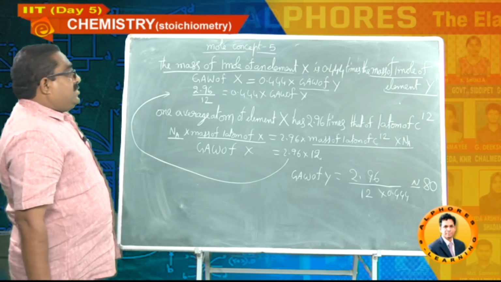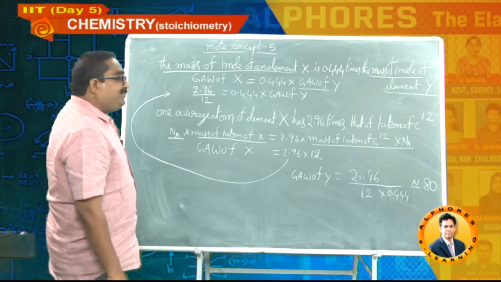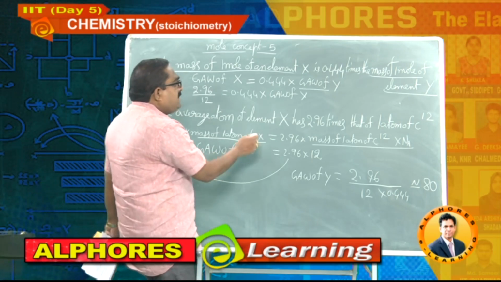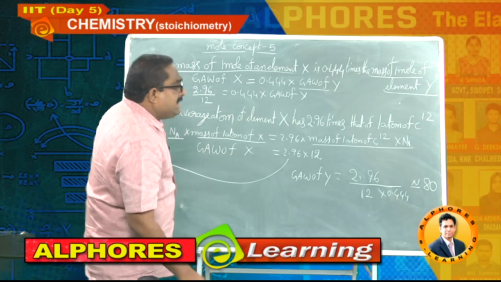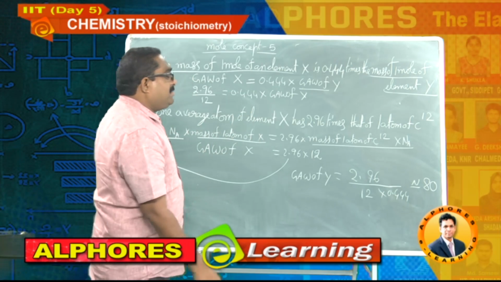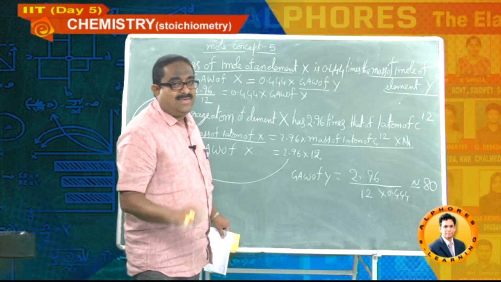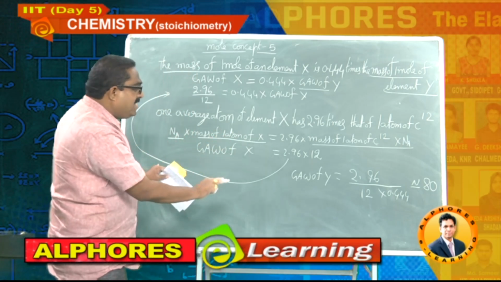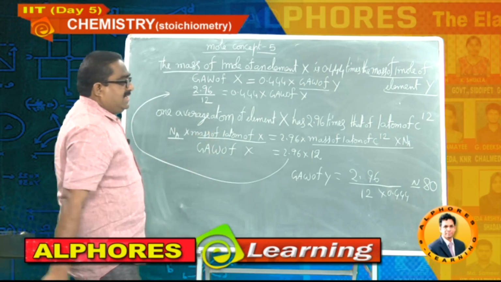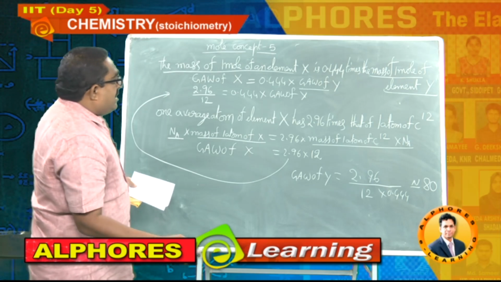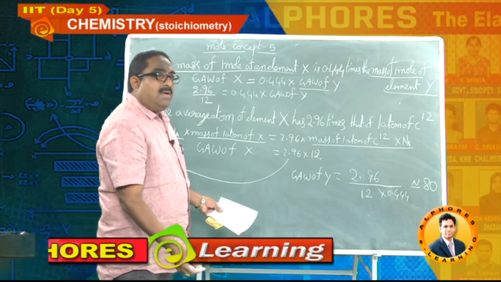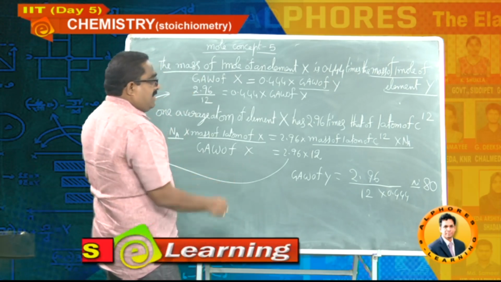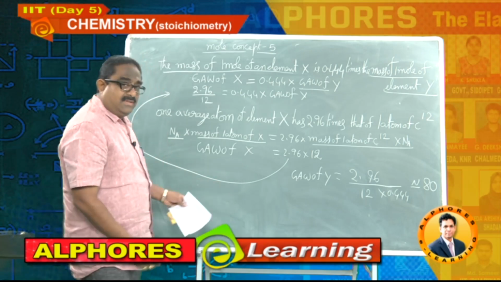Students, so that is how we have to get the solution. This is a conceptual based question, simply based on the concept of GAW and the mass of one atom of an element. Based on that simple relation, he has framed this question. So the concept we are using here is the simple, basic, definition-level concept. With that only we can solve this. I think you have already noted down this, right?